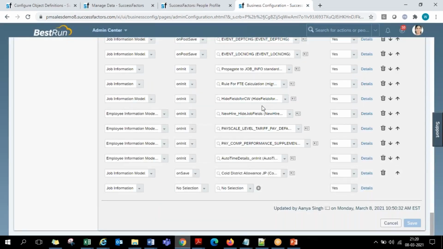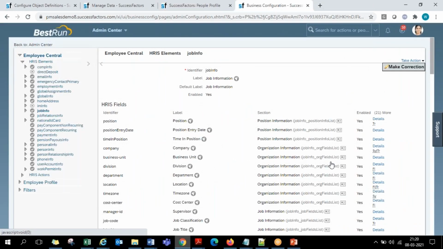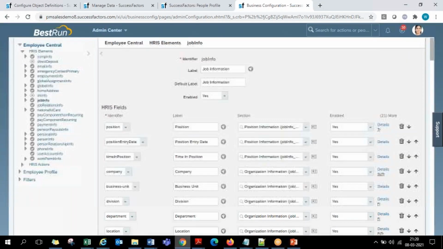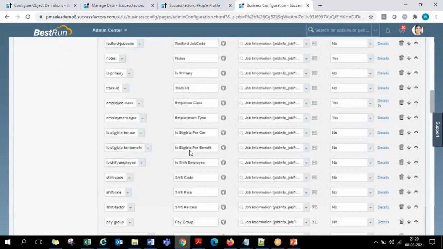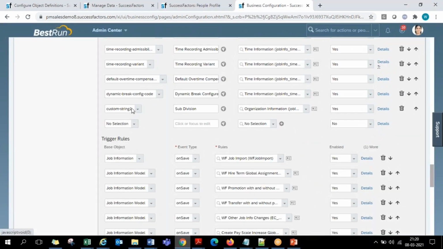Okay, so now it's just saving. I'll just show you that once again in editable mode. So now here I go for a correction again. If you want this field just beside the division field, go to the bottom, to the custom field you added, and there you are required to use these arrows. Again, for this custom field, these arrows you are required to choose and move it one by one, using arrows, to the top.